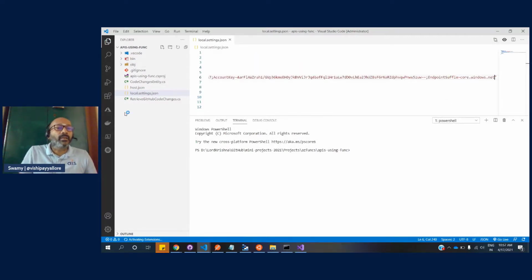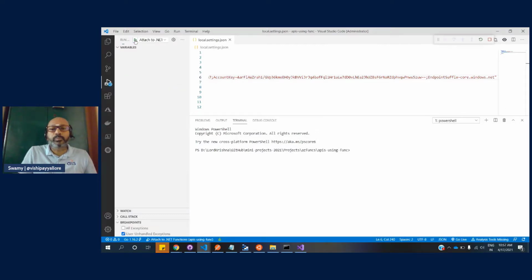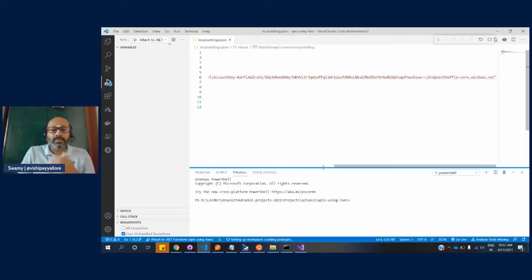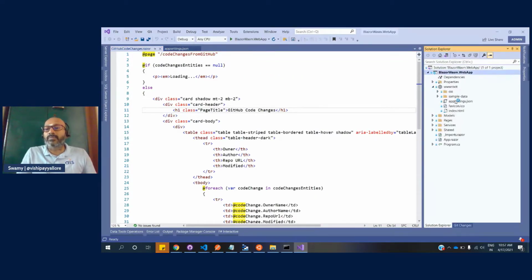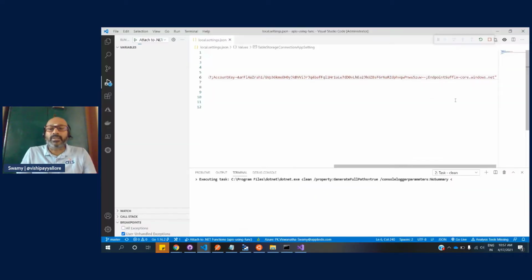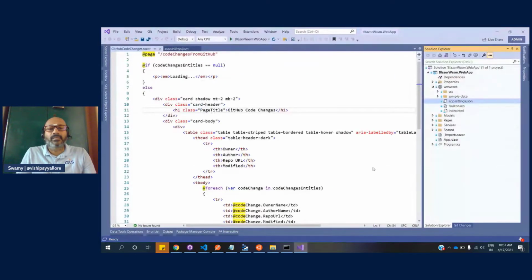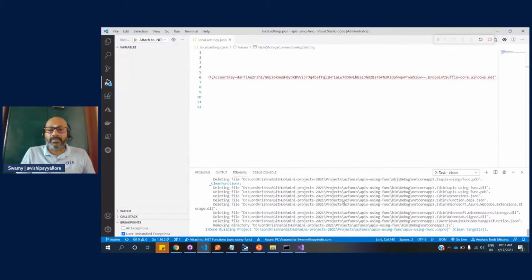So let me execute this function. So we can quickly see this, and we can do the integration also here in our local app settings. I will change the app settings. Okay, it is executing it.